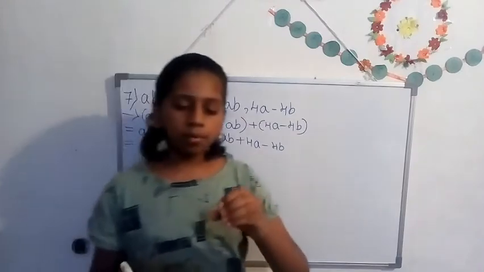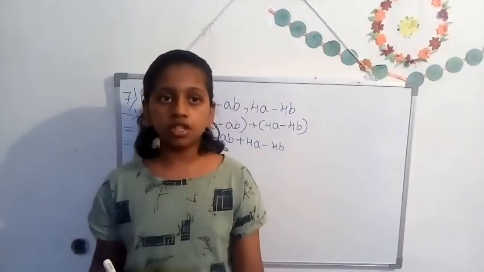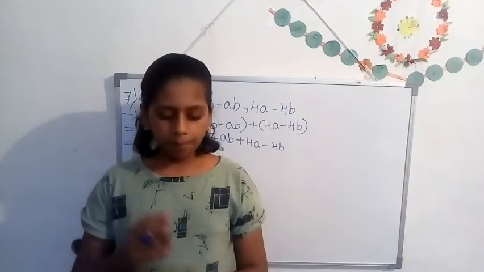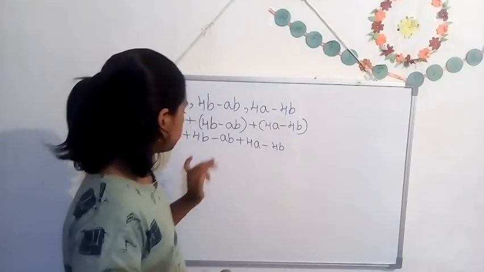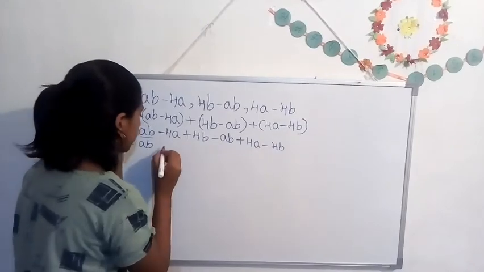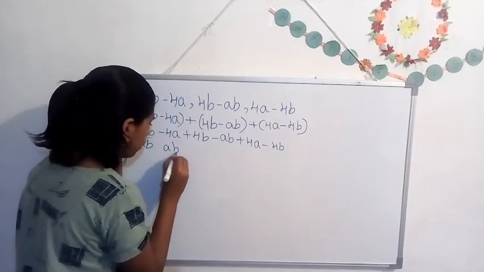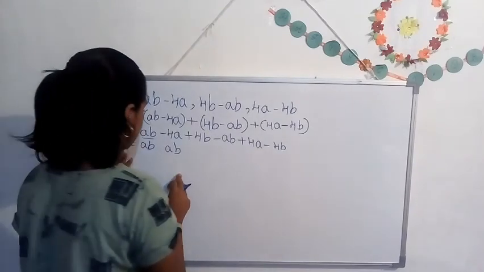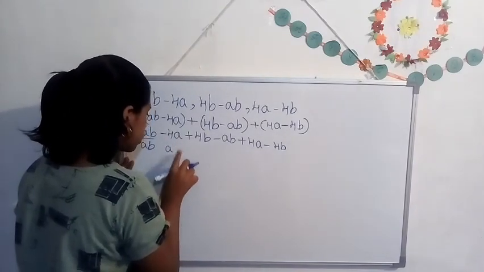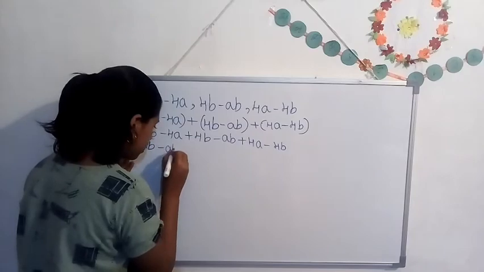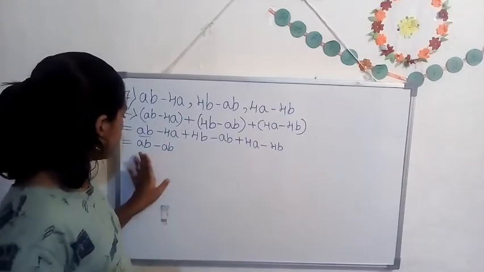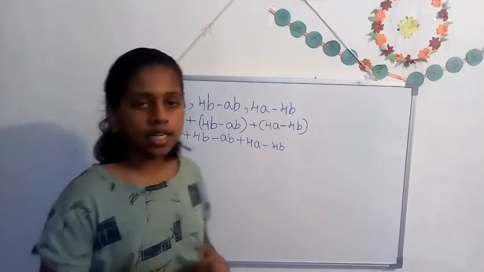If any mathematical operation is before any variable, we should put that operation while writing it. Because if we remove it and write only AB, how will it be solved? It cannot be solved. So it should be written as minus AB only. Got it? So any other terms containing AB?